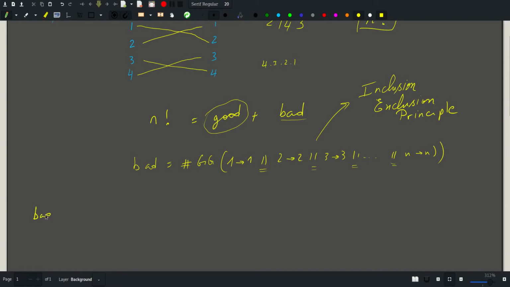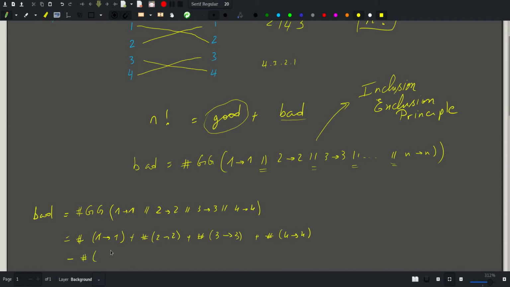So that in our case will be equal to the number of gift givings where 1 gives to 1, or 2 gives to 2, or 3 gives to 3, or 4 gives to 4. And we know from the inclusion-exclusion principle that this is equal to the number of ways where 1 gives to 1, plus the number of ways where 2 gives to 2, plus the number of ways where 3 gives to 3, plus the number of ways where 4 gives to 4,